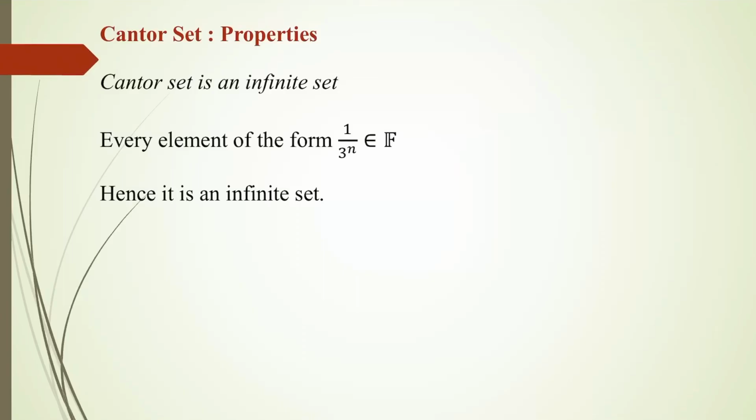Actually, in fact, this Cantor set is an uncountable set. We are not proving it here. Simply we have proved that it is an infinite set. This is not a finite set. The Cantor set is not a finite set. Actually it is an uncountable set. So again I will say, we have started with an interval of length 1. We have removed intervals of total length 1. Still it is an uncountable set. So see the beauty of the Cantor set.